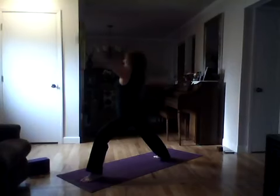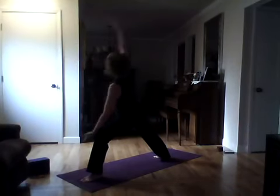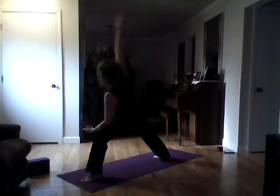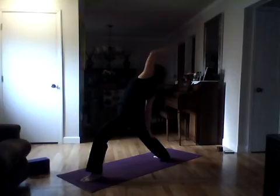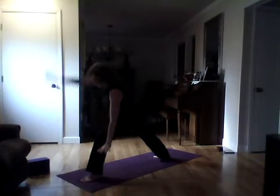And exhale, extended side angle. Both legs remain exactly where they are. It's only your upper body that's doing the movement, and go as deep as you can into your stretch. Reaching forward with the right arm and come all the way back. Once you're in this reverse warrior, come back through your warrior two and both hands on either side of your